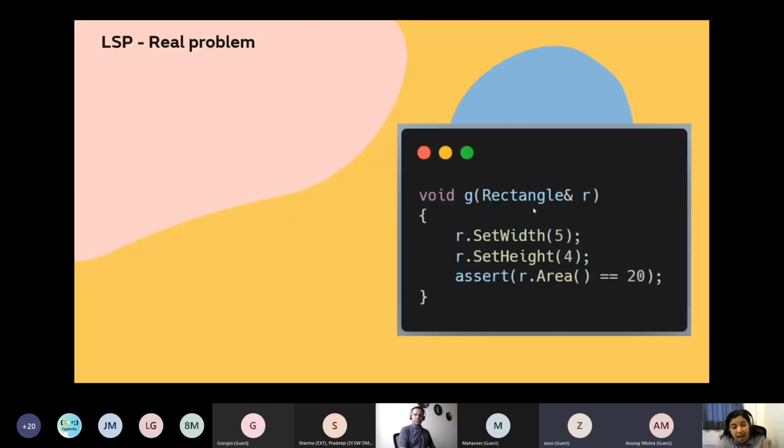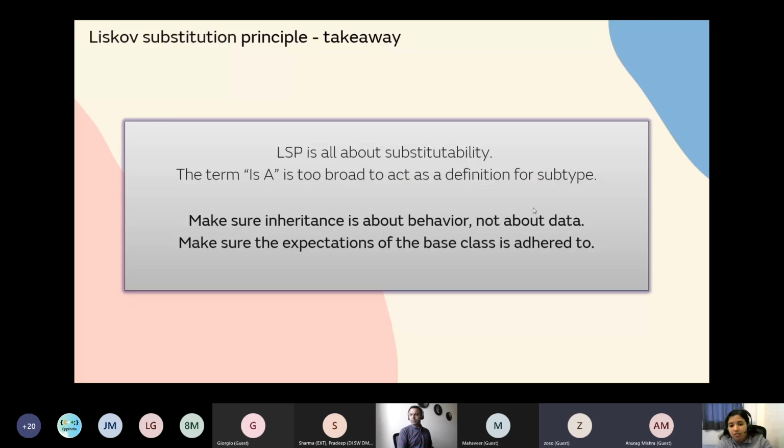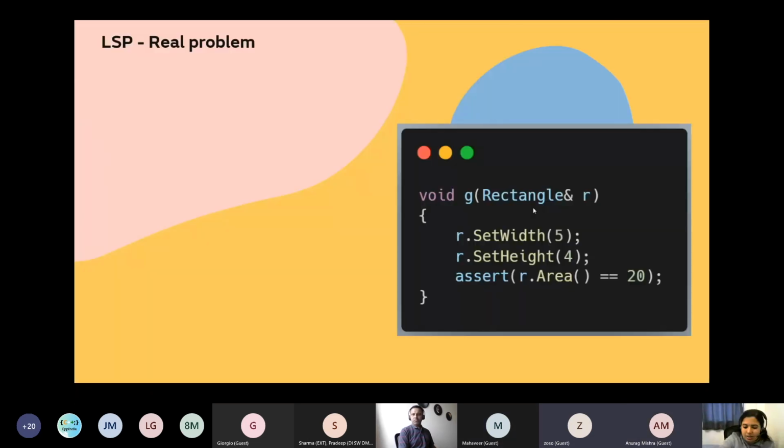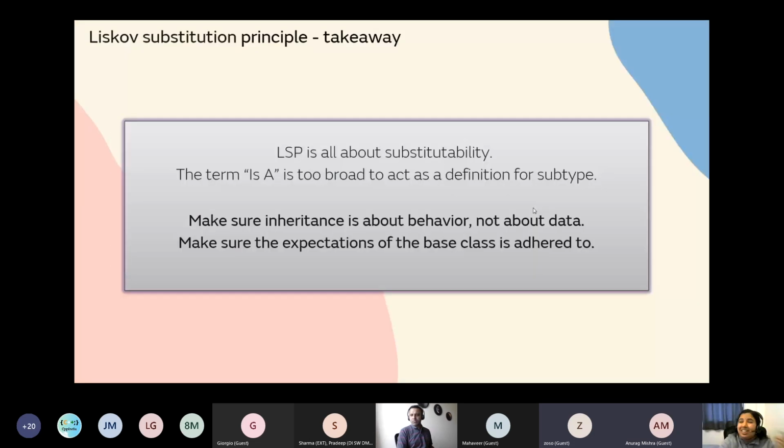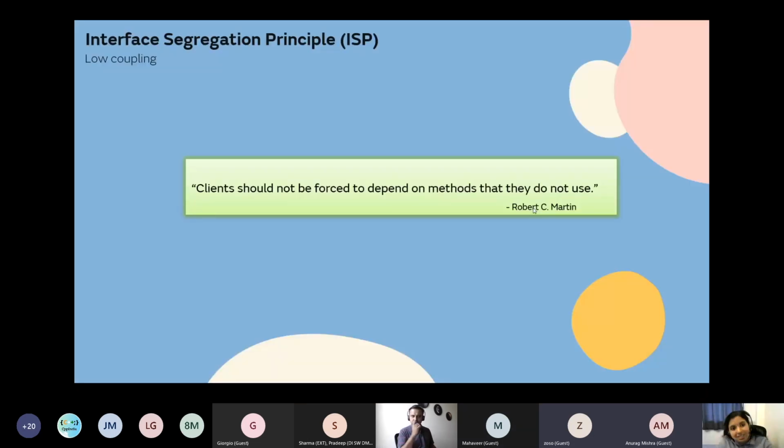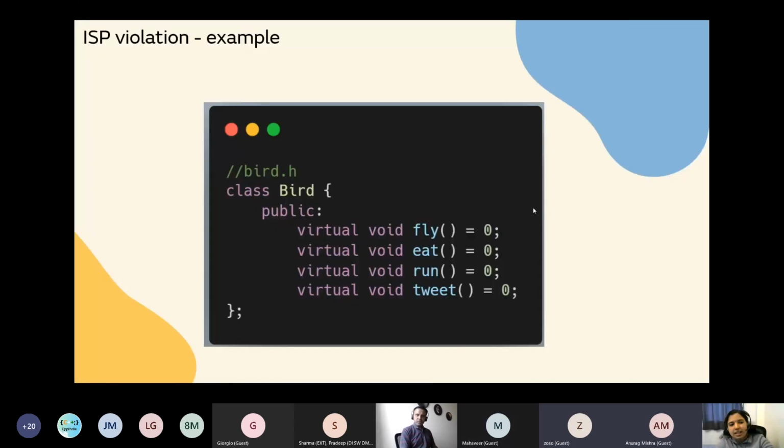and it is not about data, but it is about behavior. When you think of inheritance, when you think of deriving subclasses from a base class, this Liskov substitution principle is applicable. It is about expectations in those interfaces, but we are not talking about segregating or anything like that. If you are conforming to Liskov substitution principle, you can use inheritance or not. That's it. Whereas in interface segregation principle, it is kind of when there is